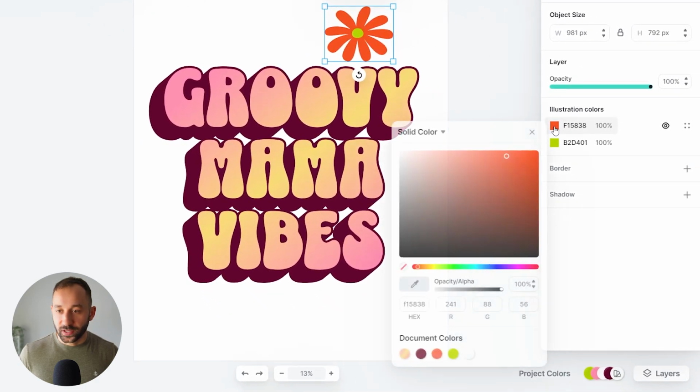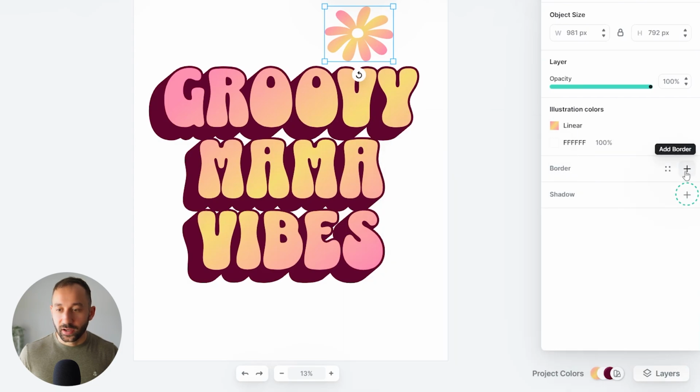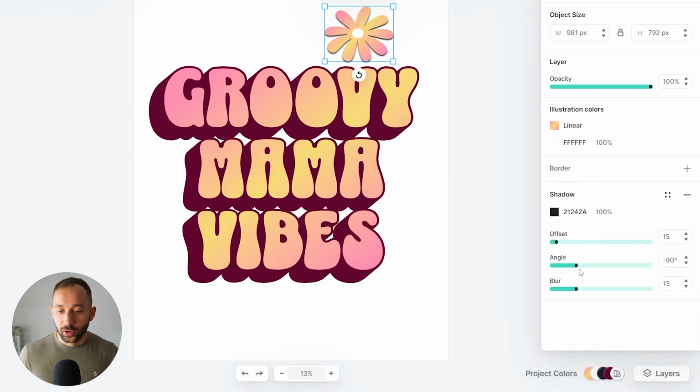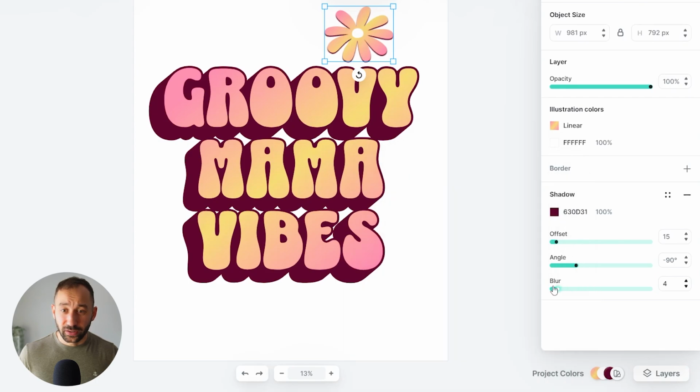I'm going to change the orange right here to the gradient, which is already saved in our document colors. I'll change the lime green center to white, and then I'll also add a shadow effect to this with the same sort of dark red color right here. Just turn down the blur, that typically doesn't look very good in designs, and it also doesn't print well. We give this the same angle as our 3D shadow and create a bit of an offset